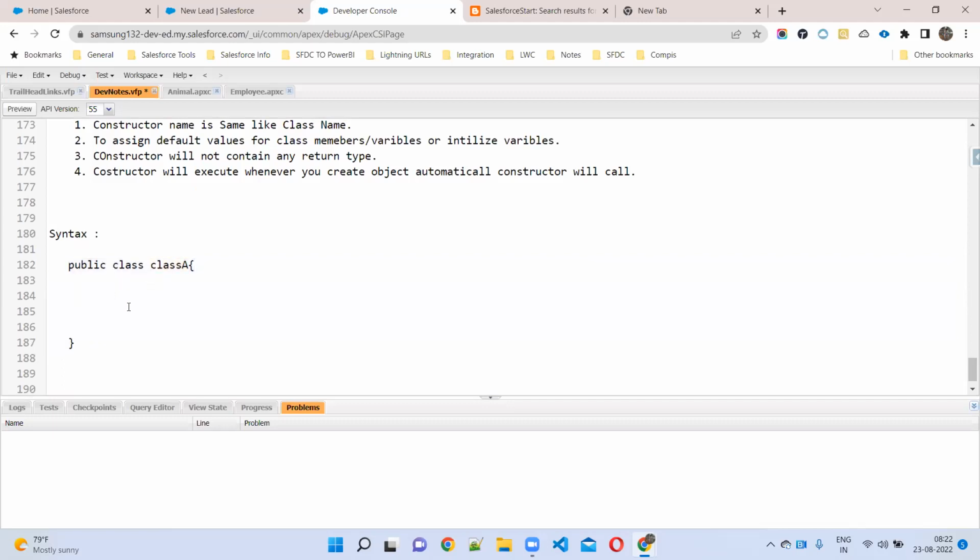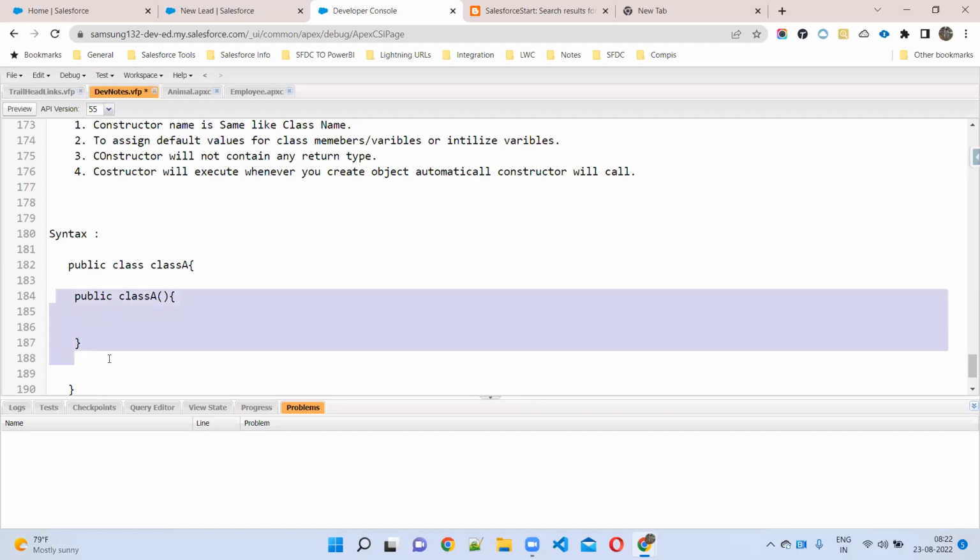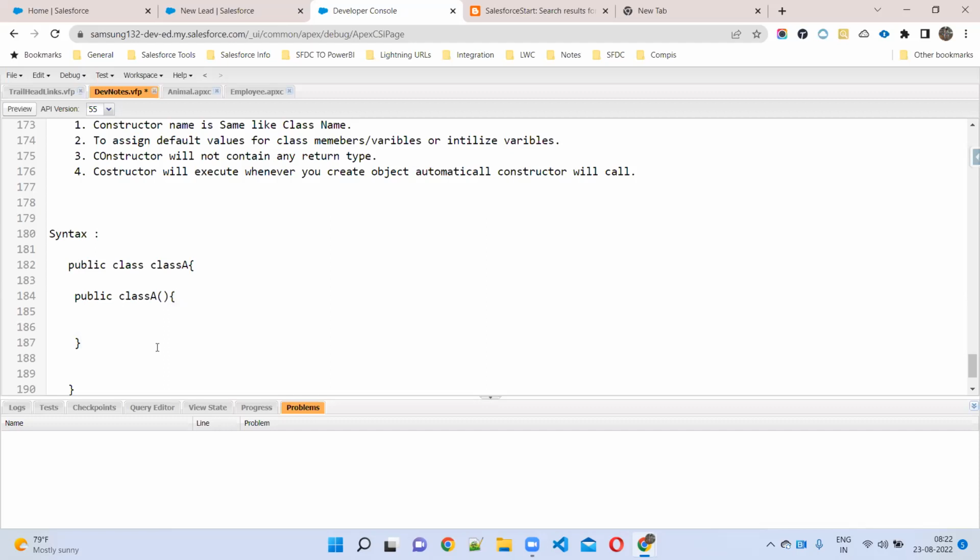Will a constructor have a return type? No, not even void. For a normal method we write public void method, but for a constructor we have no return type. This is the constructor syntax.